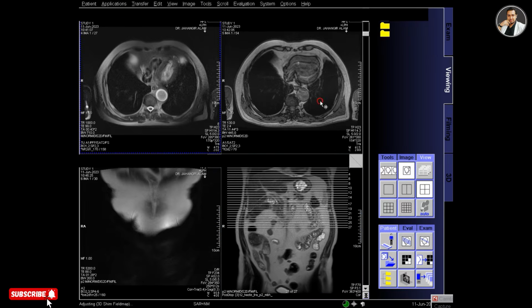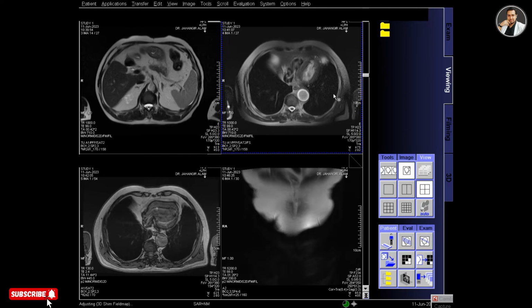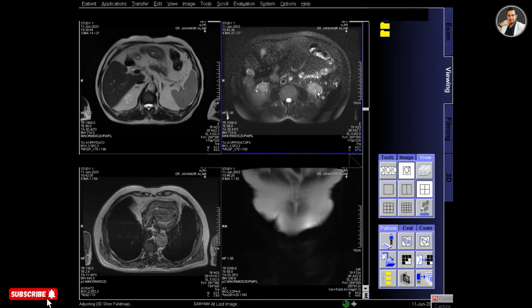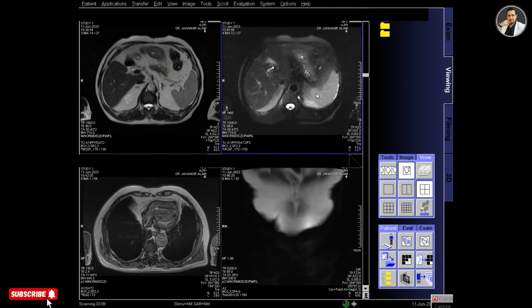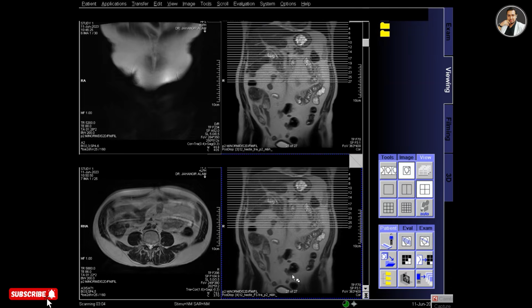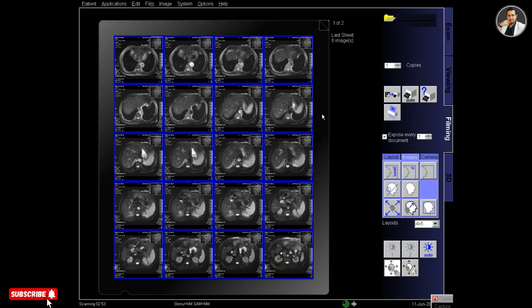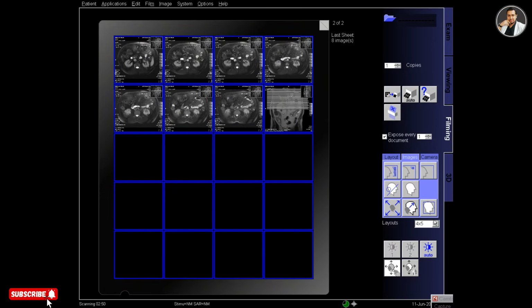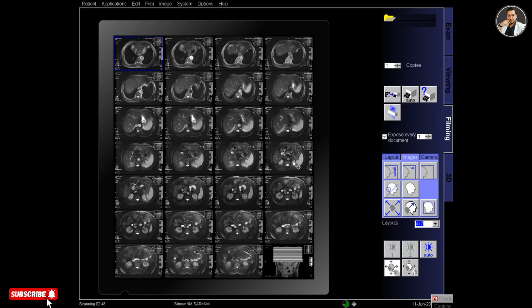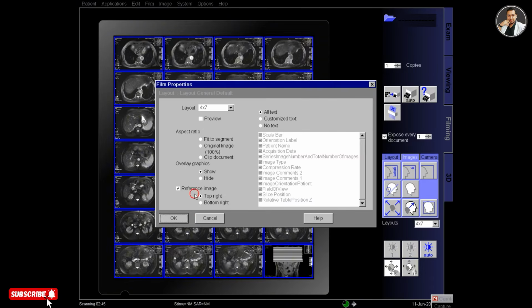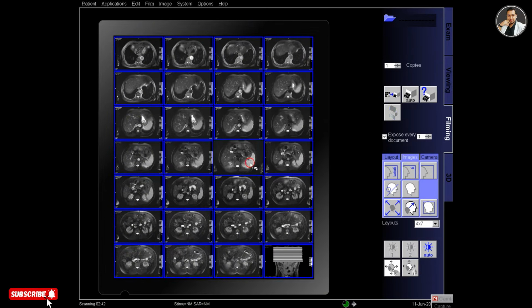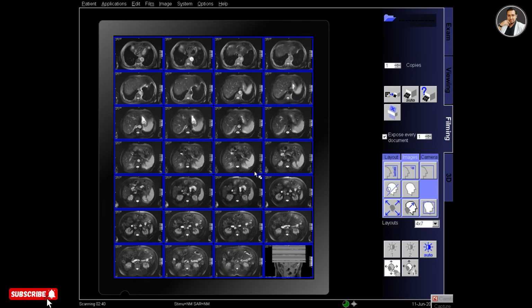And now I have to select the T2 HASTE FATSET transverse upper abdomen. This is the sequence. Select the series and send it to the filming, and also send the reference image of the transverse protocol, and go to filming, and again select the layout 4x7 and remove the reference image from the segments and zoom in the transverse image.